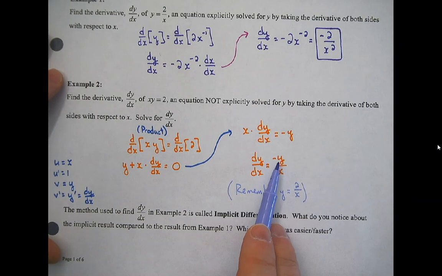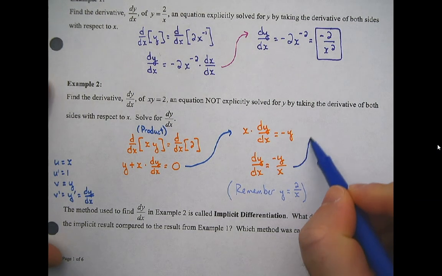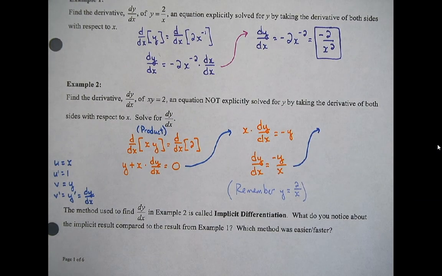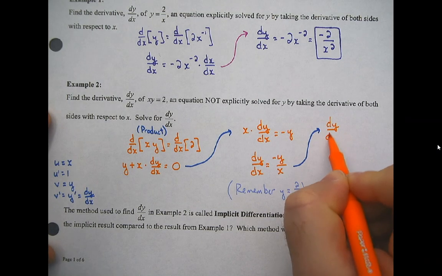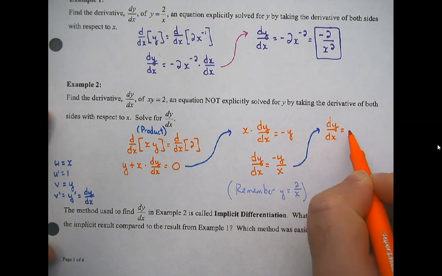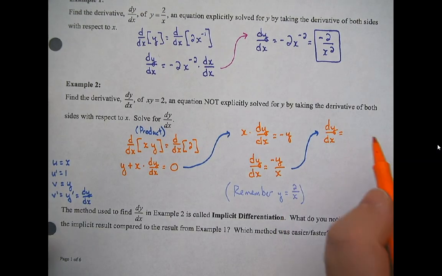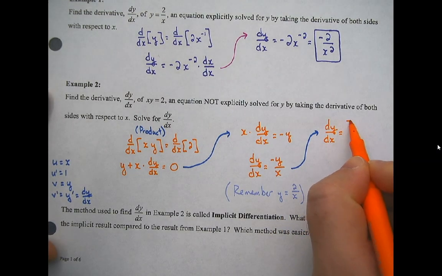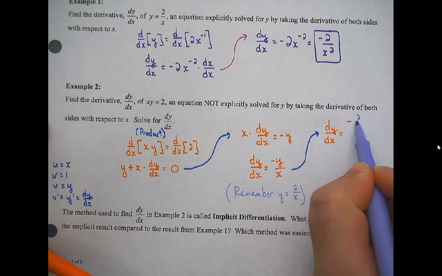So I'm going to put that 2 over x in here. So let's see what this equation now looks like. Dy dx equals, now, instead of being y, I'm going to put 2 over x in there. So that's a negative. I'm taking out y and I'm subbing in 2 over x